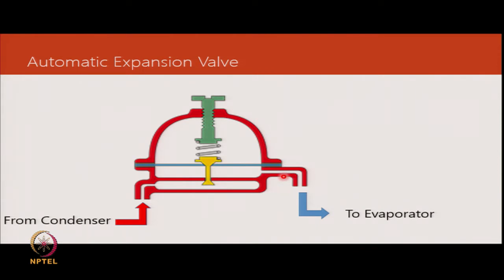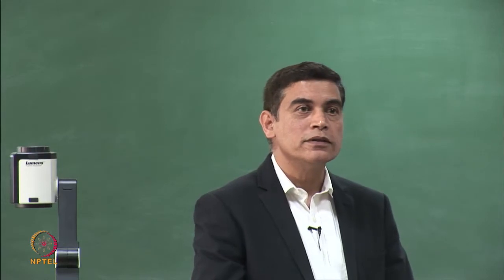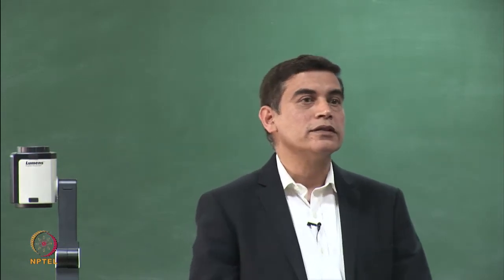And similarly, if the pressure were to be too high, then this would push the diaphragm upwards, closing it, so less refrigerant is flowing in, and therefore the pressure will reduce. So, this is an actively adjusting device which is throttling, but with an intent to keep the pressure in the evaporator constant, and you